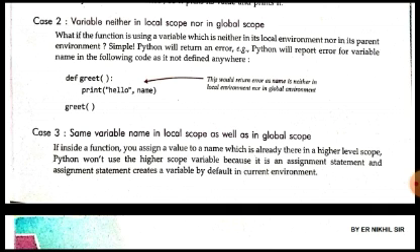So whenever we are using an assignment statement in the local environment, what will Python do? Every time it will create a new variable, a new object in the local environment. Python won't use the variable in the higher scope. Whenever we use a variable with the same name in the local scope as well as the global scope.